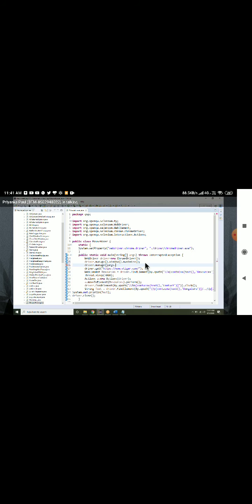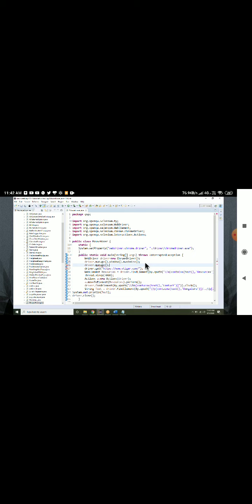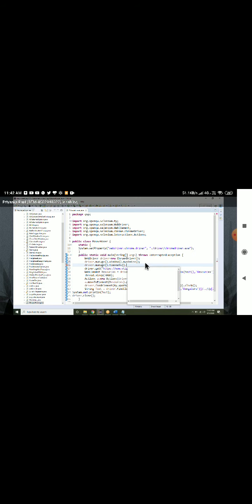Driver dot manage dot timeouts dot implicitlyWait.